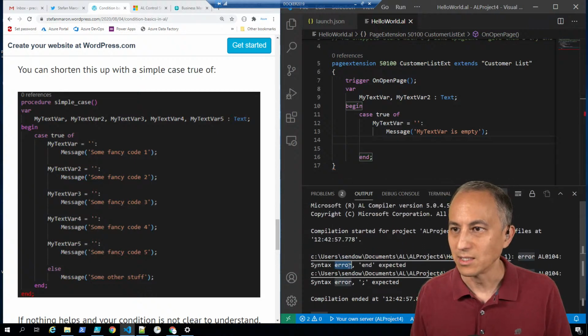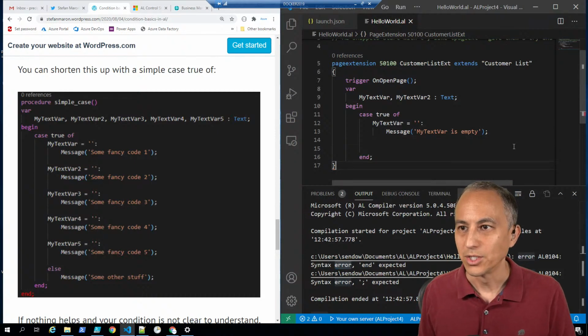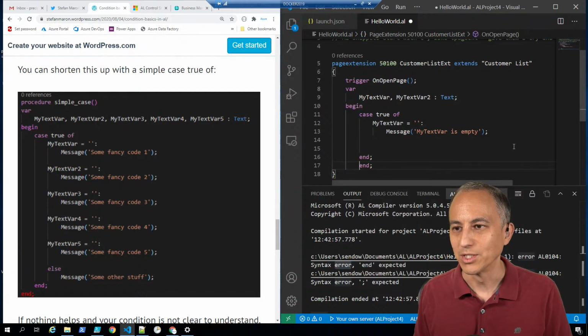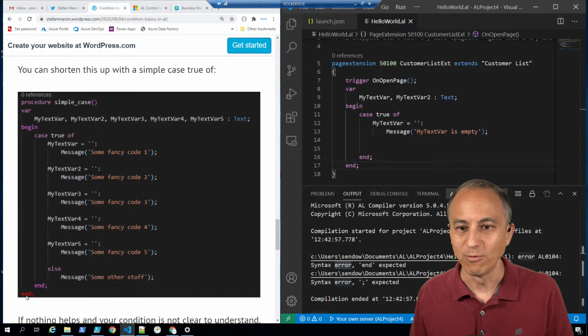Syntax error, end expected. Case. Oh, okay. So we need an additional end. I'm assuming that's the problem. Yep. Okay, cool. So as he highlighted in red,